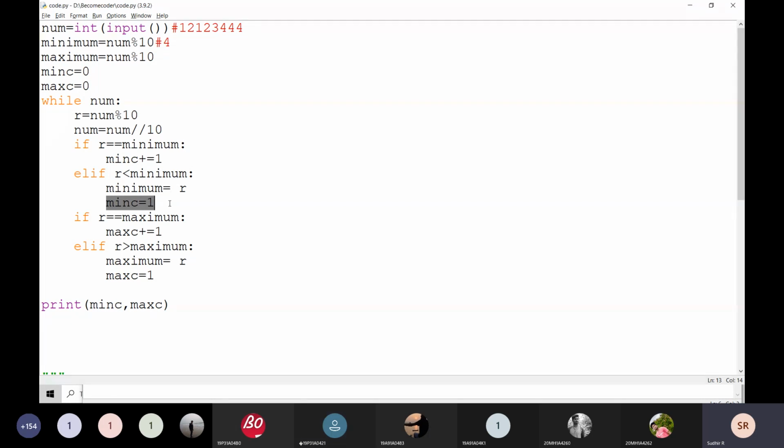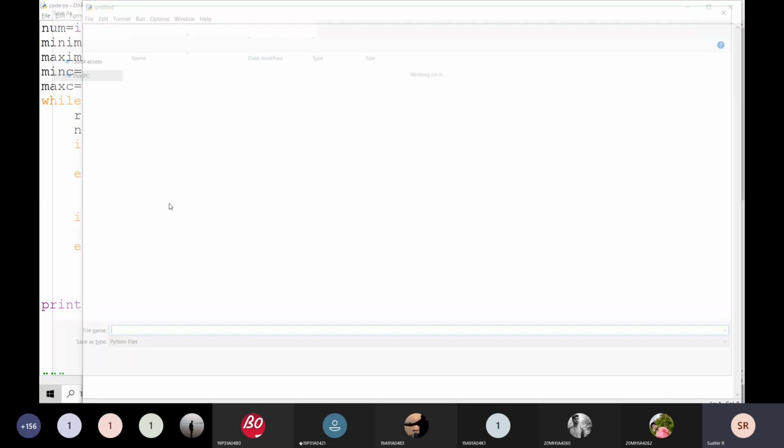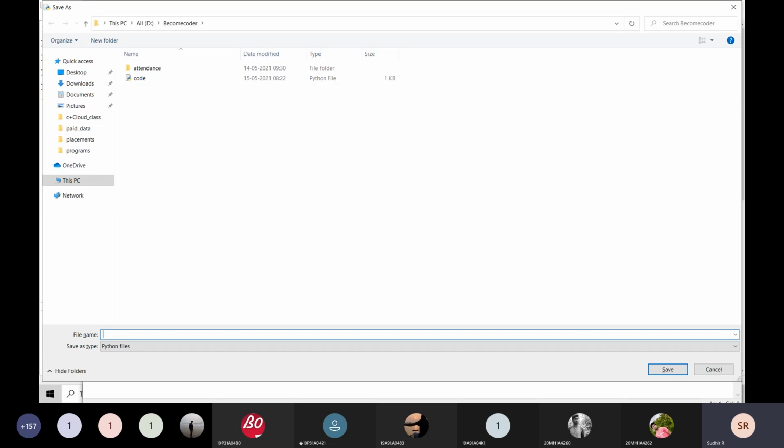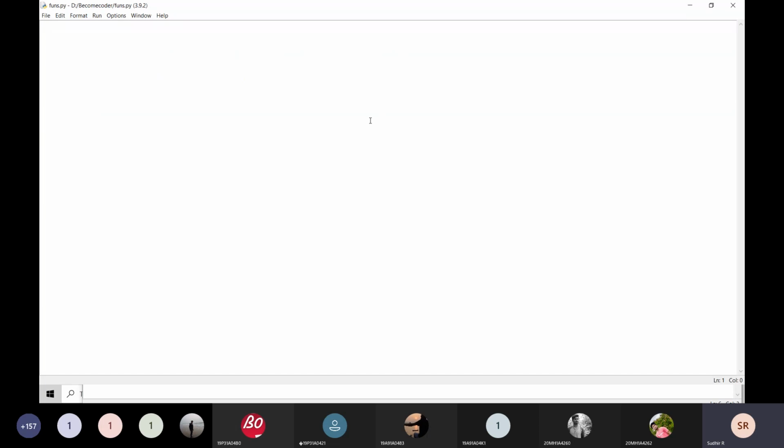Now I am going to teach you the functions concept, and how functions work. I'm going to give you a very simple introduction, and functions in Python are very easy compared to any other programming language. Why am I giving the functions concept here? For the remaining programs, for example lists or tuples or anything, you have to do them using functions only. That's why I'm giving you the intro about functions.